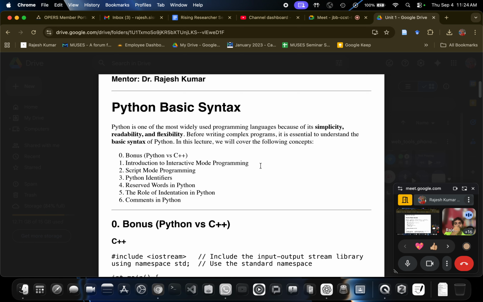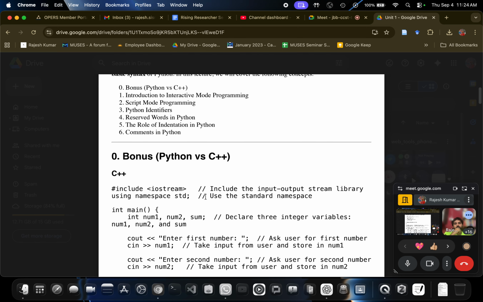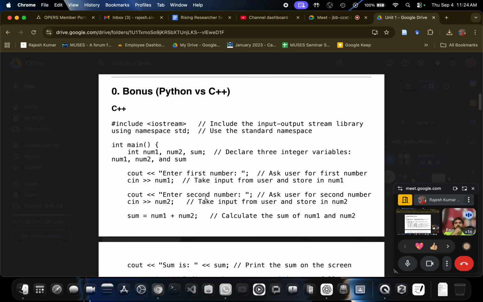What is the difference between the two? Some of you have already used script mode while answering the assignments. Then we have Python identifier, reserved words in Python, role of indentation in Python, and comments in Python. Okay, so let us start with the bonus section.